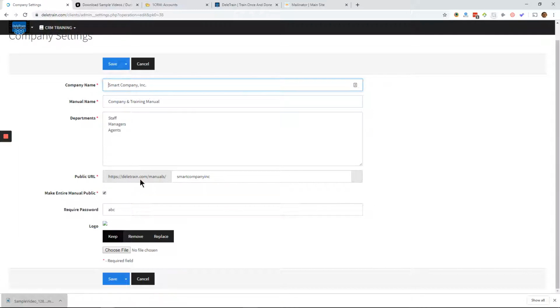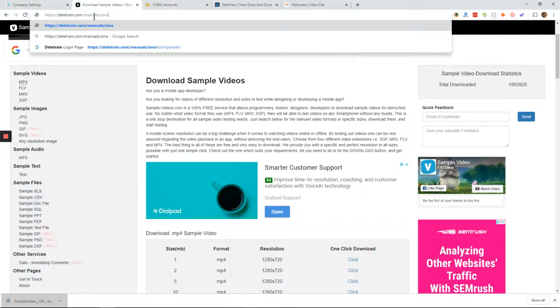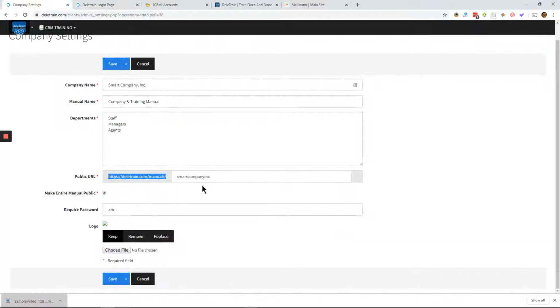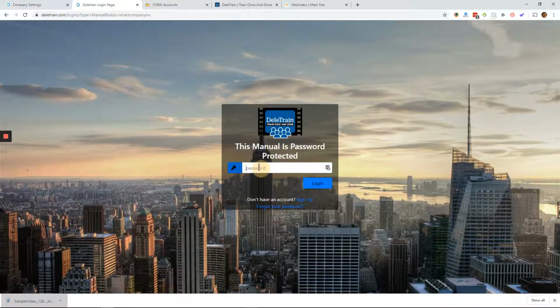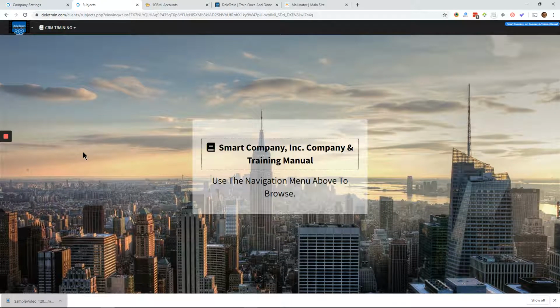So you're assigned a URL that matches your company name. You can go ahead and change it. DeleTrain.com/manual Smart Company Inc. So, for example, /Smart Company Inc. And it'll say, okay, this manual is password protected. That's the password. So this is the easiest way because you can just